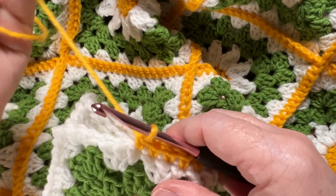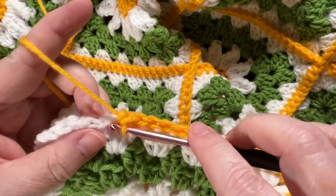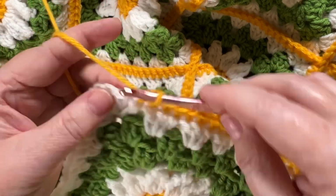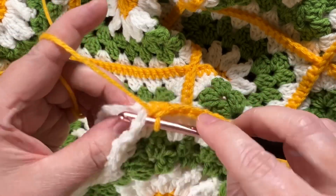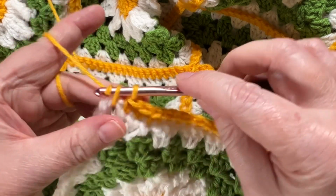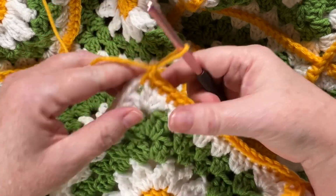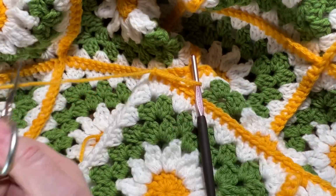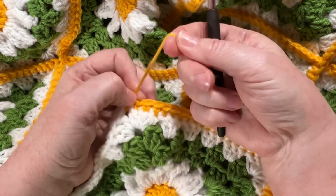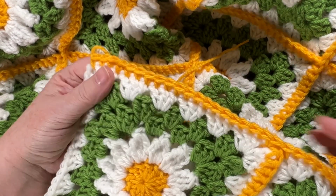All right, I'm coming up to the end of our column. Just putting these last few stitches in. Give me a moment. And last one into the chain 2 space. Okay, now I'm going to make a chain, pull up my yarn, and snip it off. And pull this through. Okay, so you want to do that all the way across to all of your columns